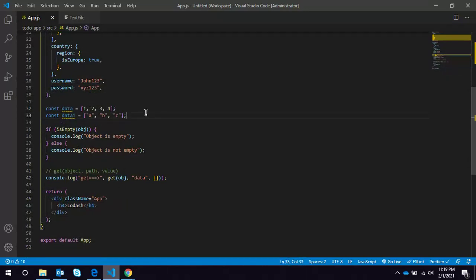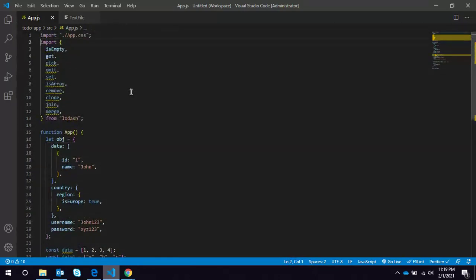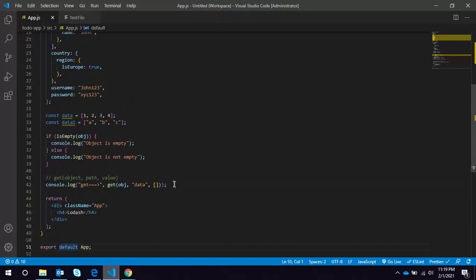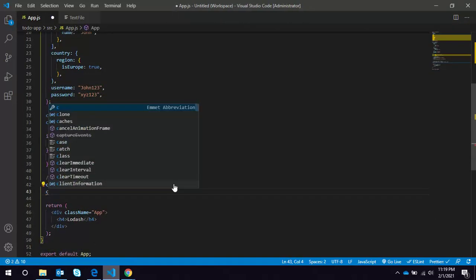Now we are going to see the pick utility function. Pick is for when you want to pick certain properties from the object.